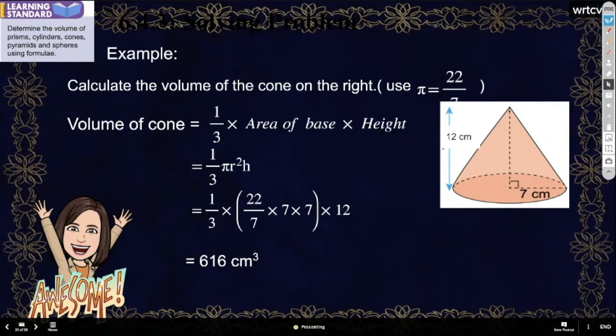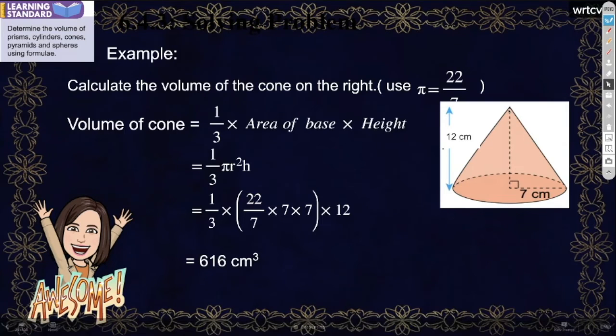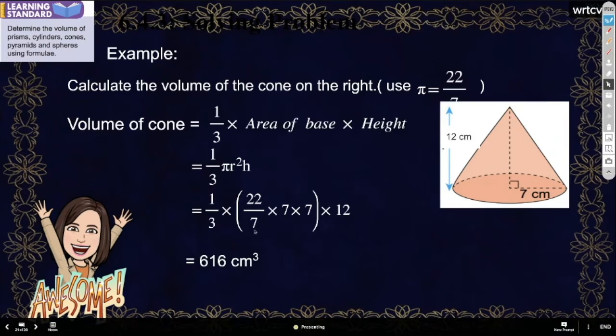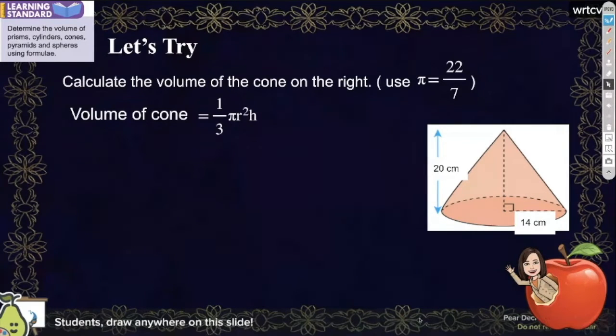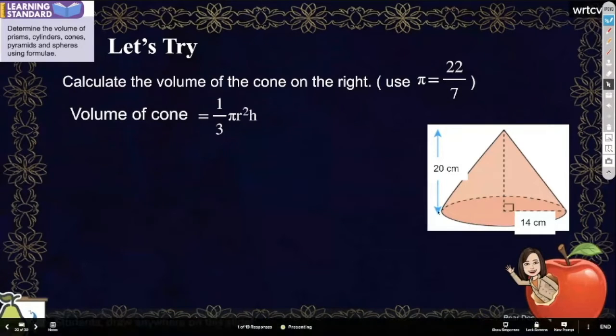Okay, for example like the first one just now, the prism, you don't have the height, and you have to find the height first before you can put it into the formula. Okay, this one everything is given, so we put it in directly. After this you try. Okay, so I will change the value. Hopefully everybody can do. This one radius is given as 14 already, so no need to divide it by 2, unless the question gives a diameter. Then you divide by 2. If the radius is given directly, just take it directly, no need to divide by 2. So don't be confused. Don't worry. Okay, do it one by one.